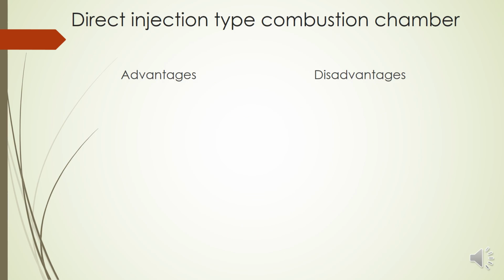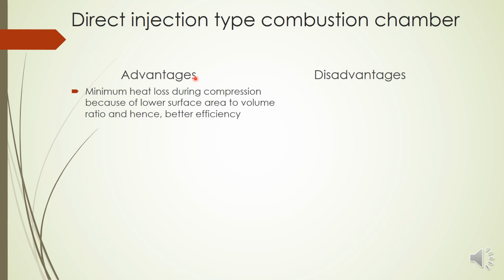So what are the advantages of direct injection type combustion chamber? This is similar to induction swirl because we are using induction swirl in direct injection type. The advantages and disadvantages are almost similar. The advantage is the minimum heat loss during combustion because of low surface area to volume ratio, and hence better efficiency. In open type combustion chamber, surface area is very less, so this will result in minimum heat loss and better indicator efficiency, and no cold starting problem because the swirl is low intensity. The cold starting problems are less,